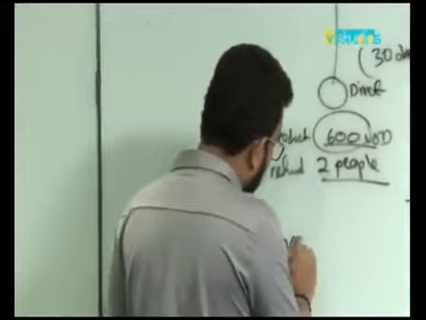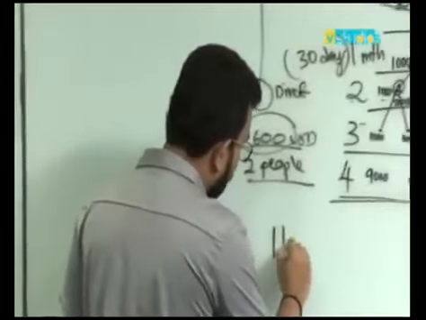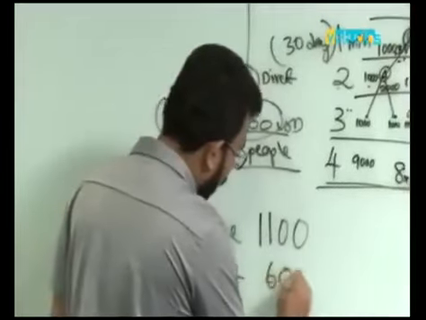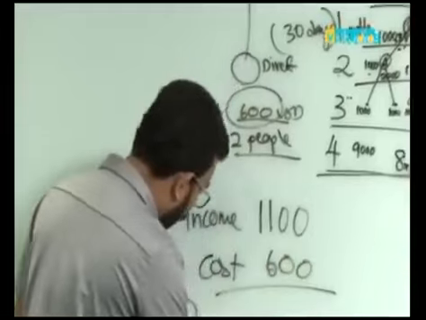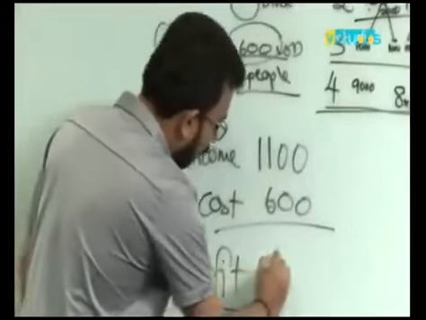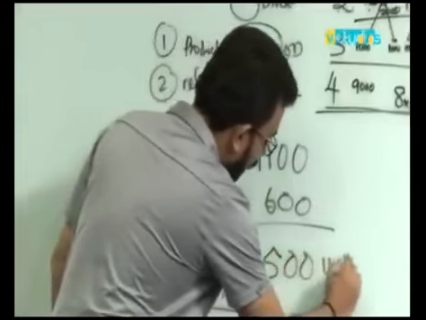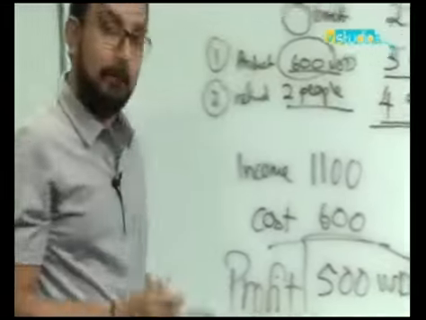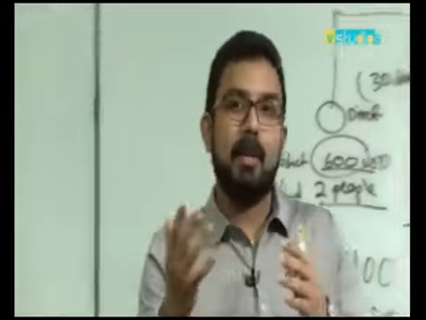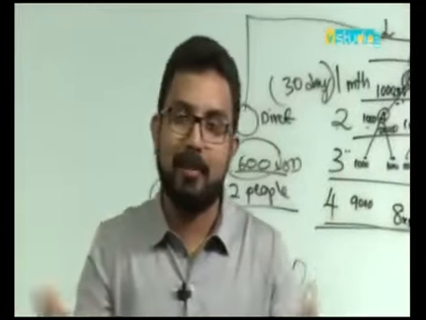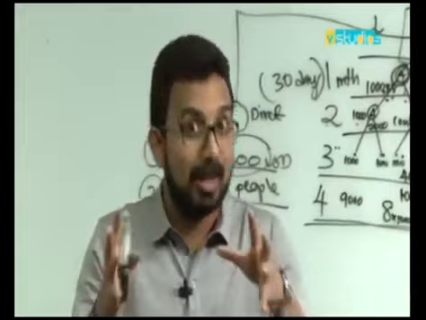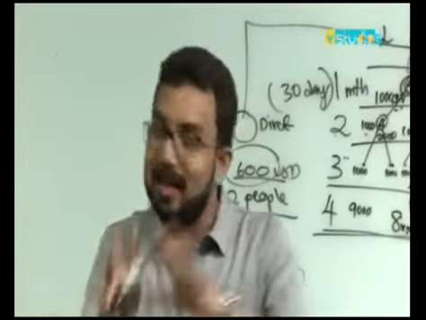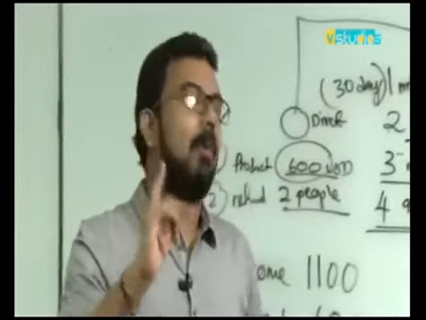All right, so let's think about this. Your income after 4 months is $1,100. Your product cost was $600. You are left with a profit of $500. I want to stop here and talk about this for 1 minute. Very important point. Now, you may be a school teacher, you may be somebody who goes to work, comes back home, goes to work, comes back home, working in a regular job, or you could be a businessman who is still in business, or businesses that failed in the past. Doesn't matter. Just think for 1 minute.